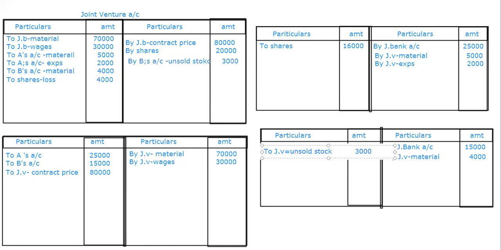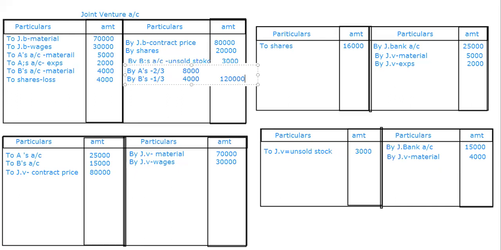So when I'm going to total it, I'm going to have a loss. So here, instead of we earning a profit, we have a loss. So loss of 12,000 we have got it. And as we have to share among the partners in 2:1 ratio, so that's what I'm doing. A's account, which is 2 divided by 3, is equal to 8,000. And by B's, which is a ratio 1 divided by 3, it is 4,000. So total together, the loss is 12,000.